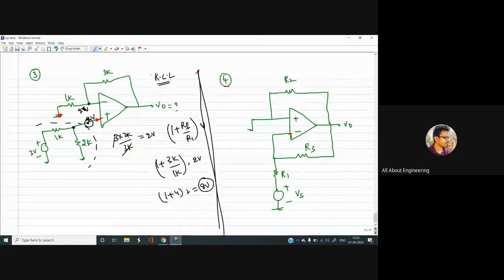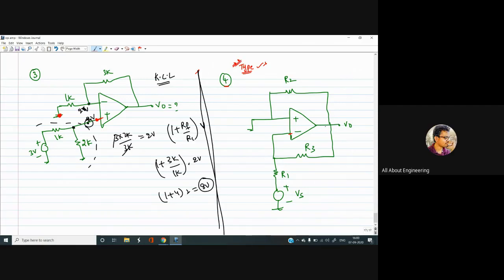The first thing is, let me erase, no, let me leave it like that. The first and foremost important thing is, from the morning session itself, I am shouting to check the type of feedback, but you guys didn't check the type of feedback. That is the first common mistake that everyone will make. Although it's quite simple to tell that it's a negative feedback circuit, as a rule you should follow to check the type of feedback. You should make a hobby of checking the type of feedback.